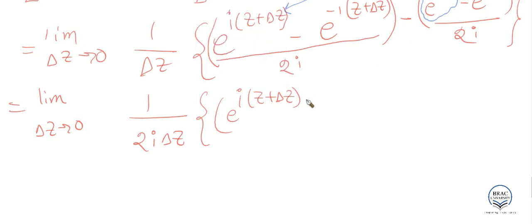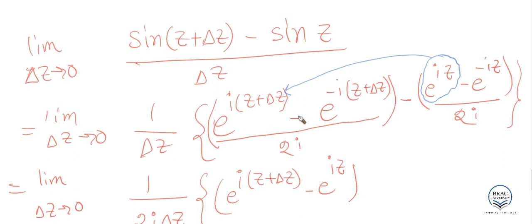Let's do it. There is a minus sign in front of it, i z, right? And there is a minus sign over here and a minus sign over here, and there is a minus sign over here. So this minus and this minus will give a plus. So you could have e to the power iz, that is a plus sign in front, plus e to the power minus iz. So let me just write it down instead of saying it, so that you may understand better,